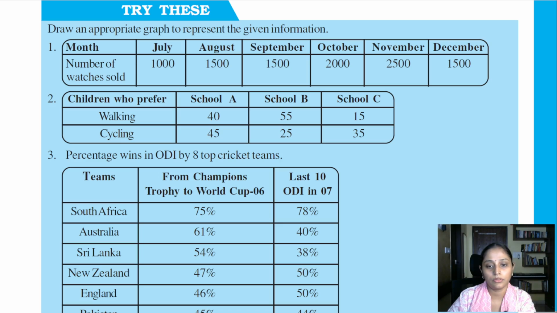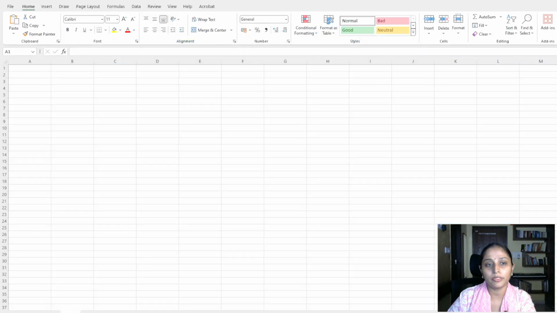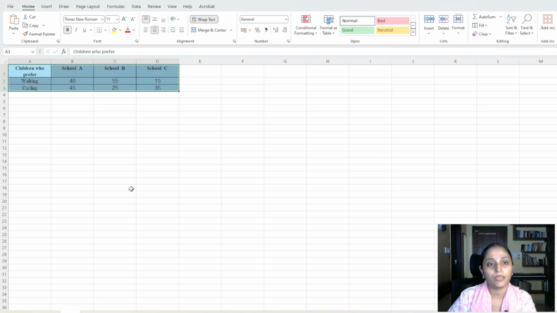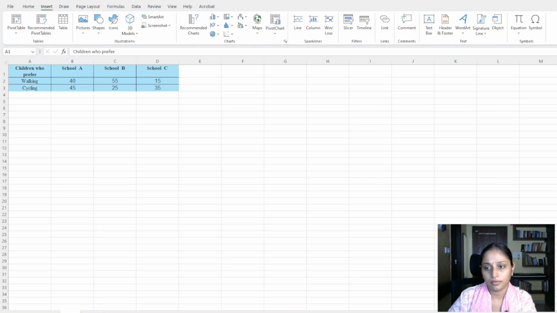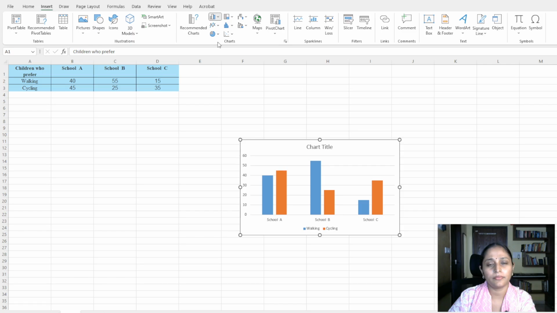So here I'm going to copy this data and paste it in the Excel sheet. And then I'm going to look at the graph. So let's select the data and then insert a graph, right? That's it. Now you can see here